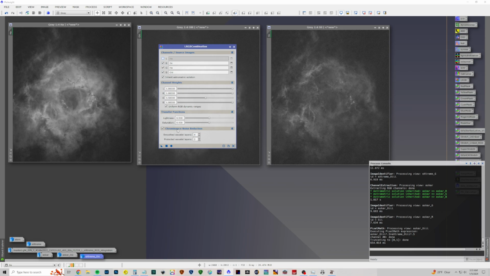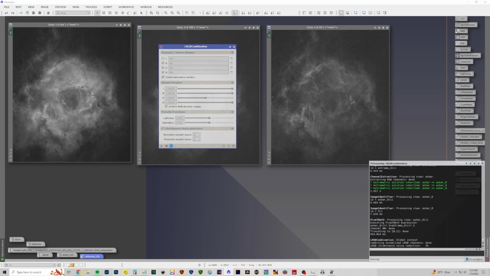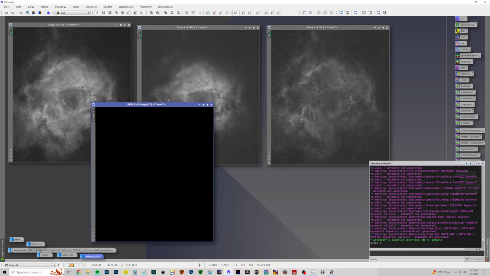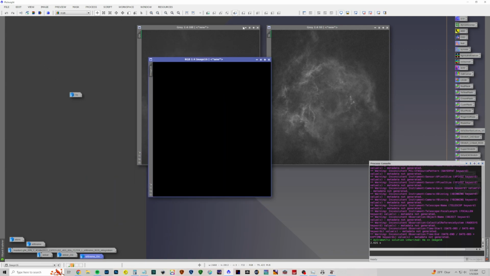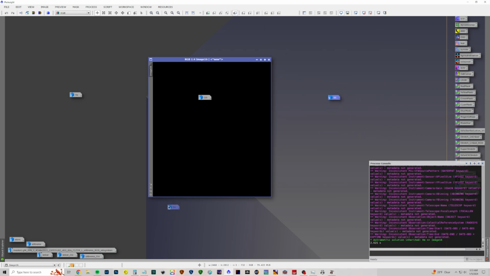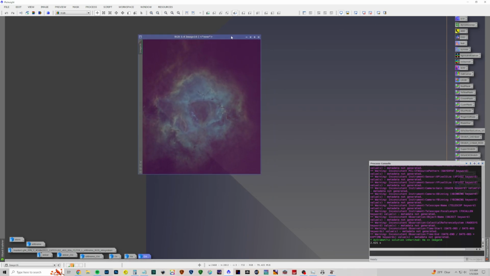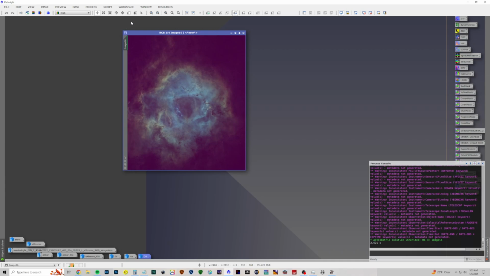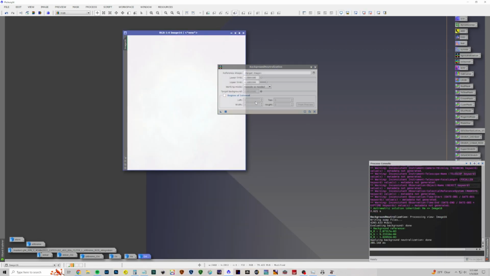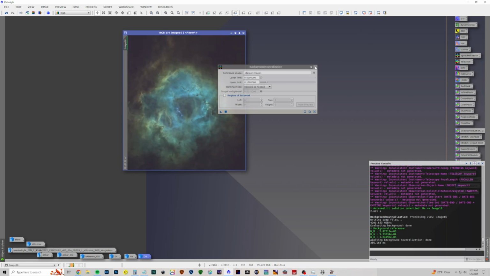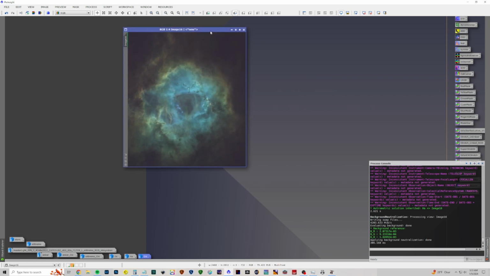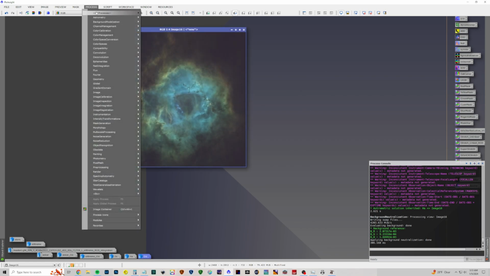So we're going to check chrominance noise reduction and apply global. And we'll close that, and we now have one image. We can minimize these and get them out of the way. We now have one image, and it's really red. That's interesting. Now we'll do the background neutralization. And that looks very nice, actually. So we'll go into the narrowband. Actually, first let's run